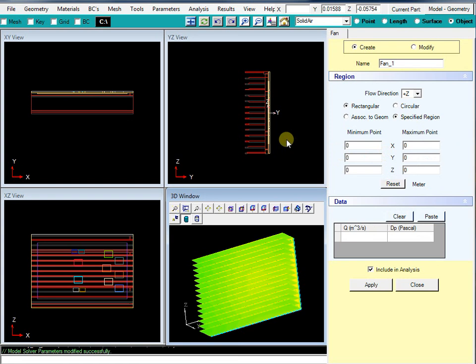We're not worried too much about the depth of it, and we want to put in a 120 millimeter fan. So if we pick a point close to the center of the model here,